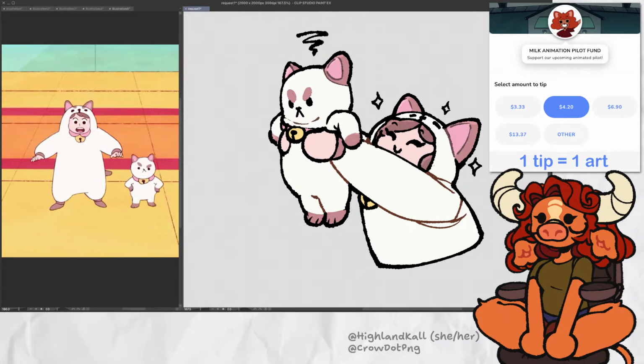Let's give her some fingers. At least I can do at this point. Oh shit, that's the wrong... Oh, right, this is a glow layer still. I'm stupid. Okay.